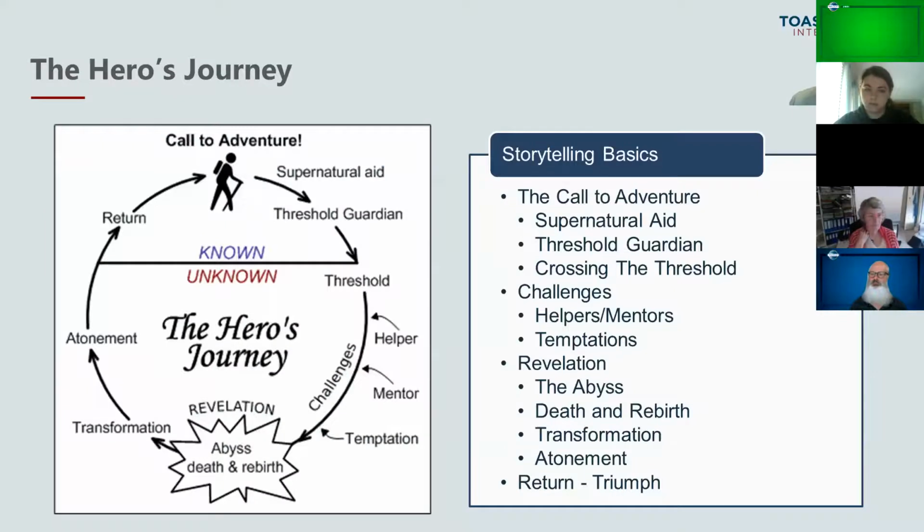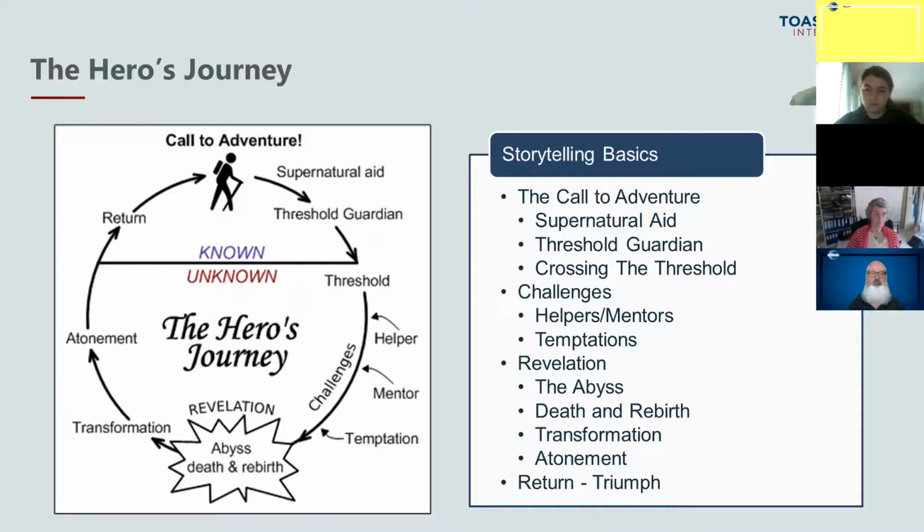And then there is the hero's journey. Now, this is for longer speeches, but you can break it down into shorter things. And this is one of the basic storytelling methods. You have the call to adventure. That is the impetus for taking our hero out of his normal area and onto his journey. You have the challenges that he faces, those that help him, those that are temptations to take him off his path.